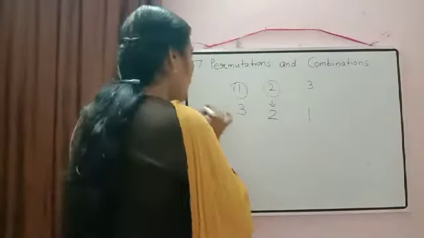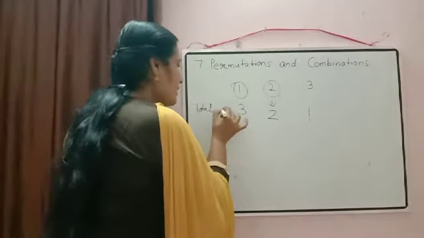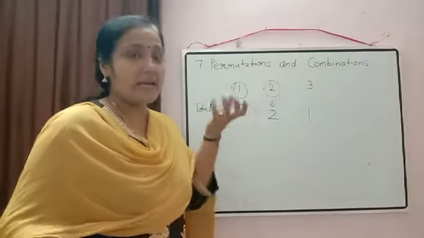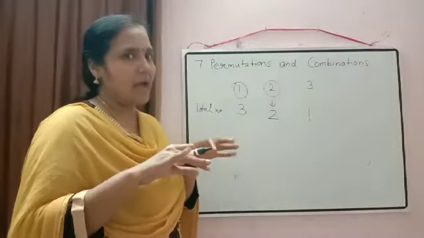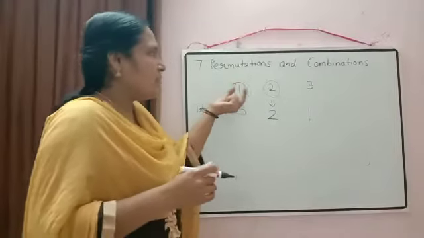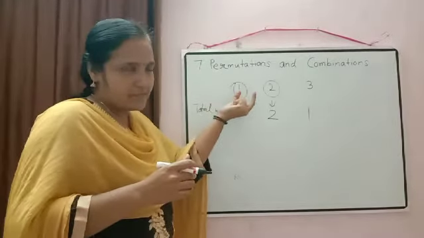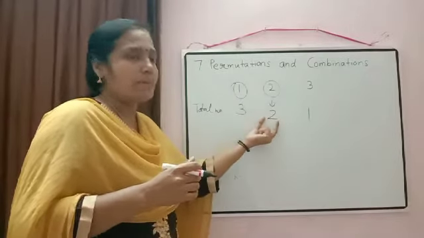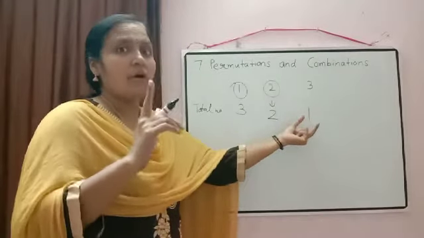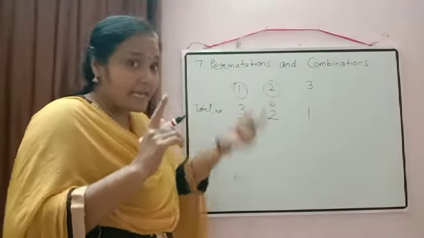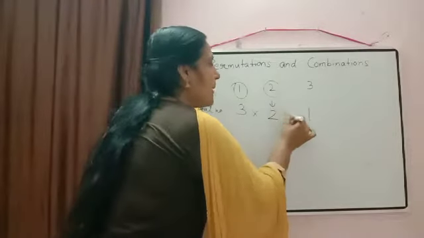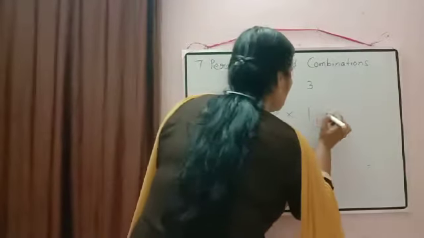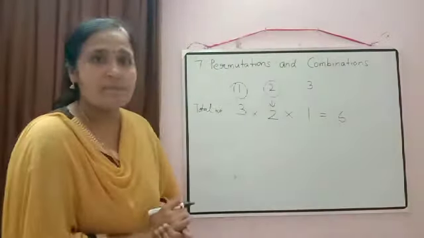So, in this way, total number of ways. Now, just to check how I am saying the sentence, and accordingly we have to check whether we have to add or multiply. So, the first child has 3 options and the second child has 2 options and the third child has 1 option. So, when we are saying and, what we have to do? We have to multiply. So, total possible ways will be equal to 3 into 2 into 1. That is equal to 6.